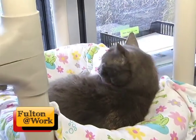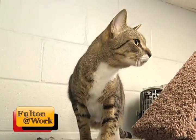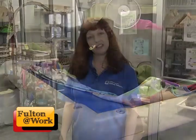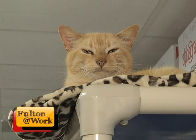So once the animal is off the 3-day hold, our adoption counselors will then schedule that animal to be spayed or neutered. Every animal that leaves our facility is spayed or neutered because we want to obviously reduce the pet overpopulation so that we're not in this position to begin with. Every animal that leaves here is fully vaccinated, including a rabies shot. We microchip that animal for you, and we also register that animal for you as well. So it's all taken care of when you come to pick that new family member up after it's been spayed